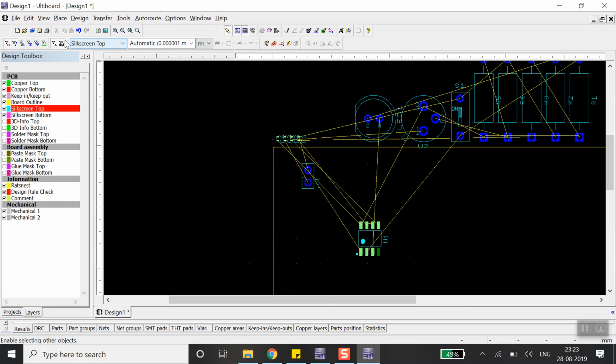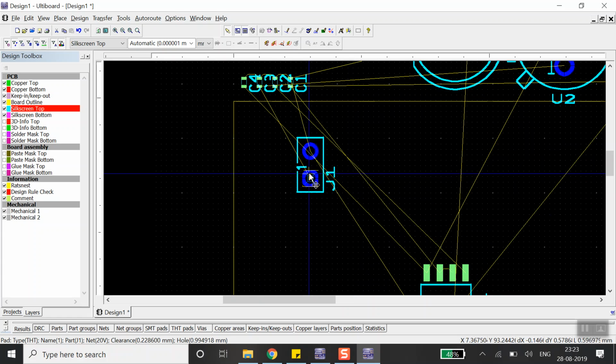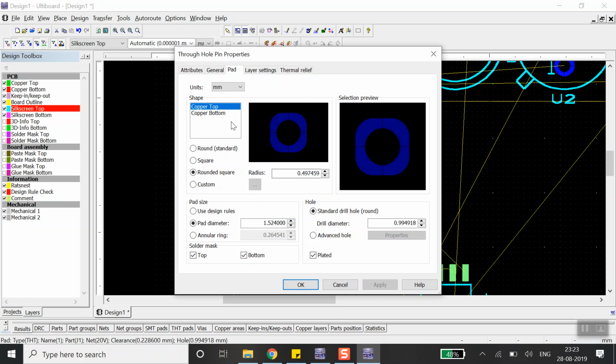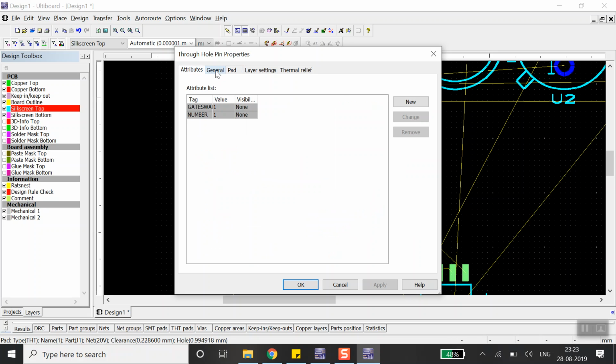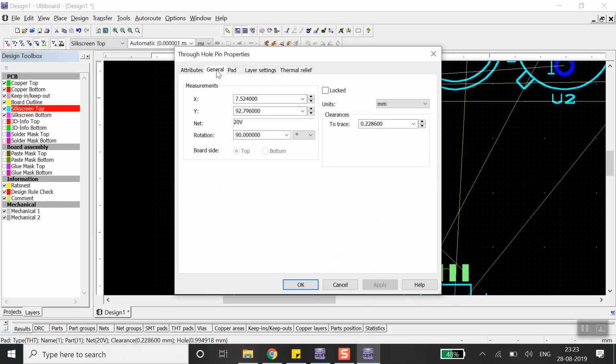So I can do that. Let's just go into enable selecting THT pads, and now you'll see that I can individually select these parts. If you can see, I'm not sure that it is selecting these yellow lines. You can see, I believe, over here and over here. So I can select these pads, and if I just double click on that pin, you can see in the